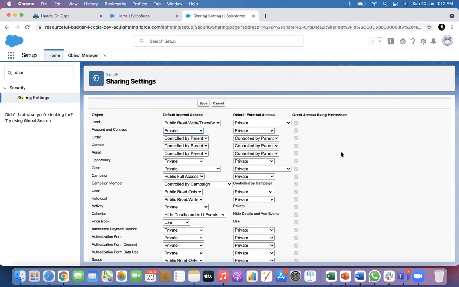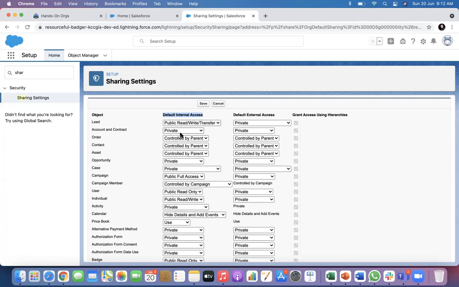Yeah, Animesh, there's one question: default internal access and default external access. Is it based on owner and non-owner you're talking about? Okay. Default internal access is applicable for non-owners. External access is different. Forget this. This is for communities. We are only concerned about default internal access. Default internal access is applicable for non-owners.